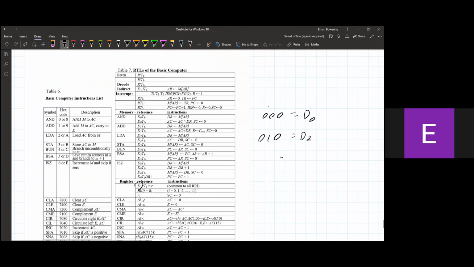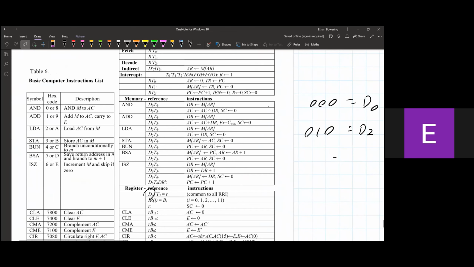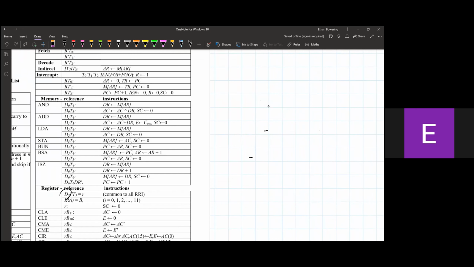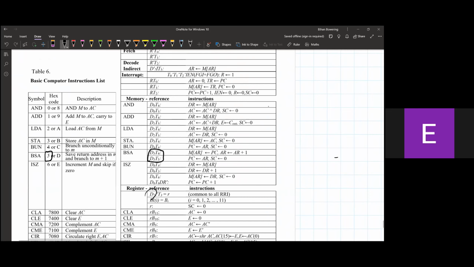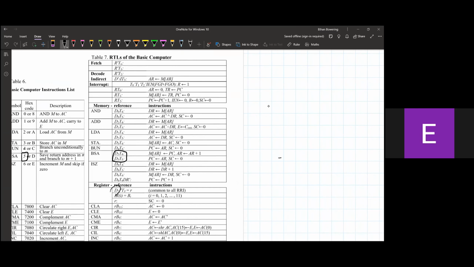where is that chart here? So let's just take this random one. We'll take BSA. BSA, we have D5. And then we have that, which is going to be a 4 or C. And that's not actually BSA. I circled the wrong one. It's there, 5 or D. So the hex code is 5. So that's our opcode. 5 in binary is